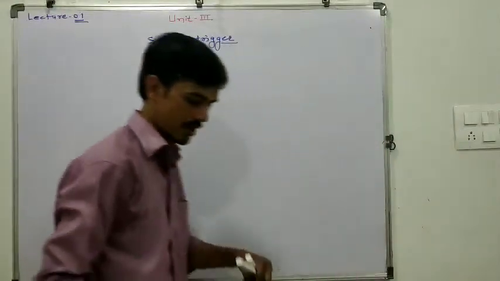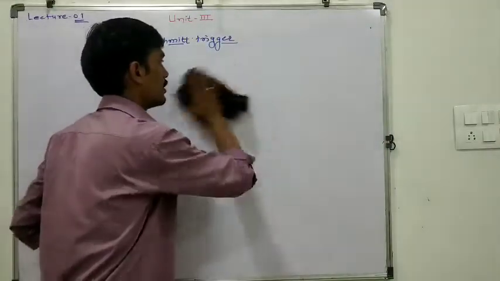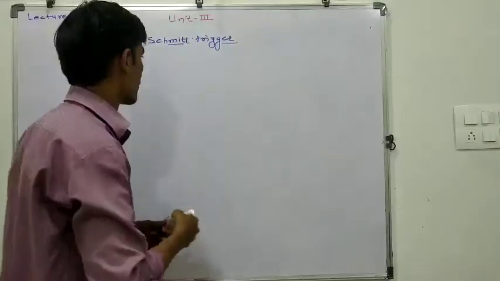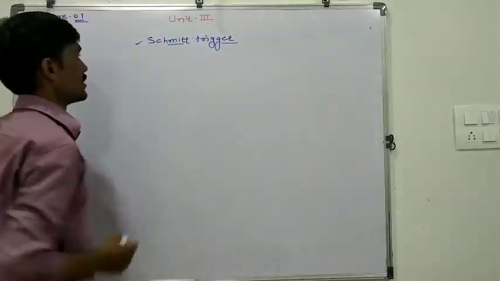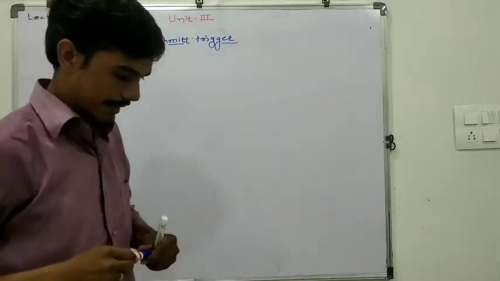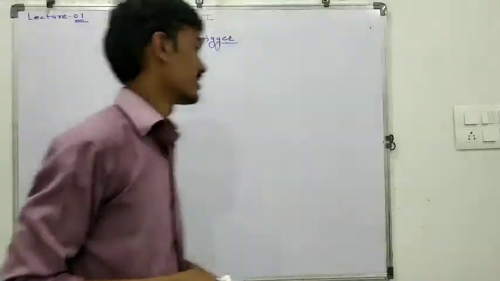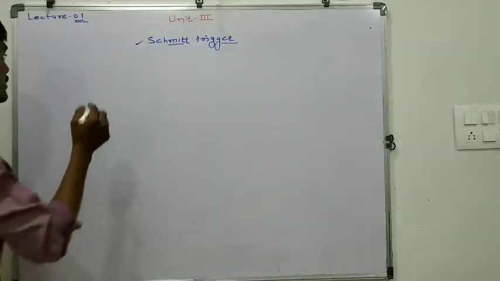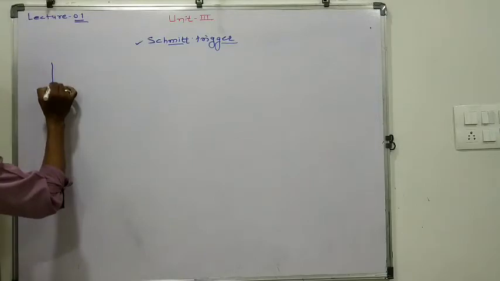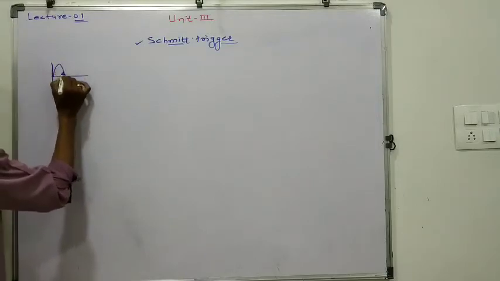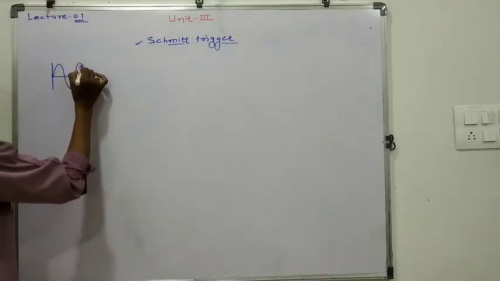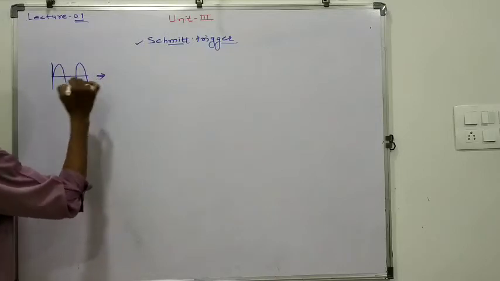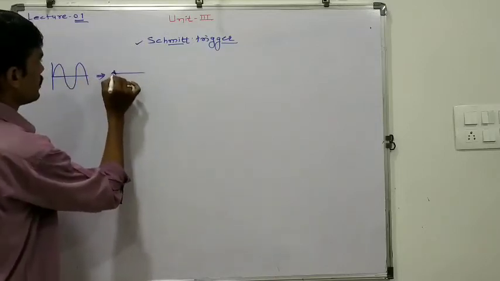Today we are going to start a third unit, and in the third unit, the first topic is the Schmitt trigger circuit. So, basically, what is a Schmitt trigger circuit? A Schmitt trigger circuit is a circuit which is used to convert, in simple language, a sinusoidal signal into